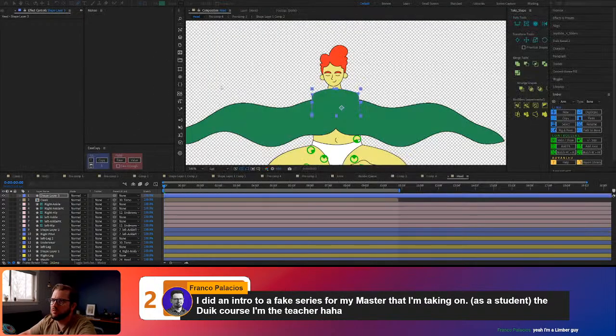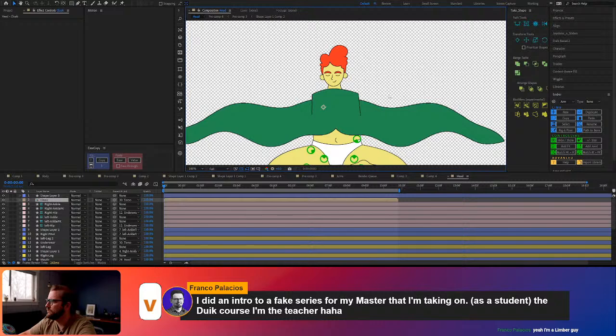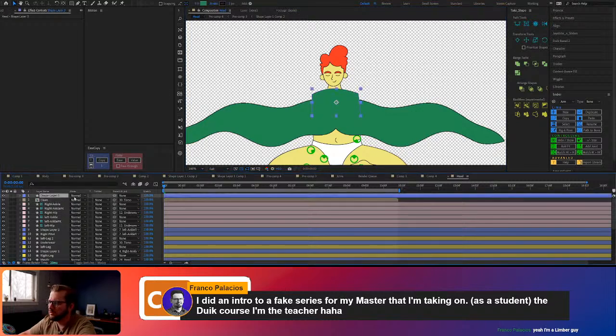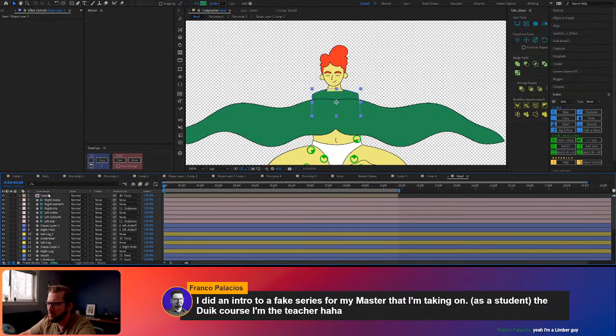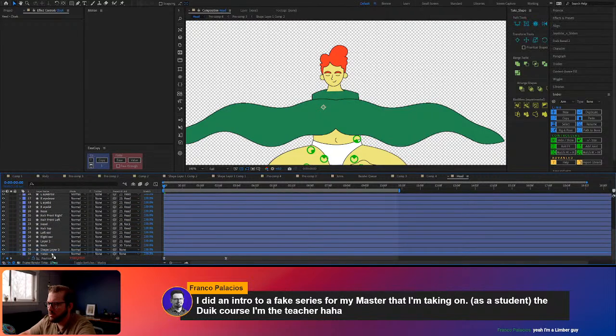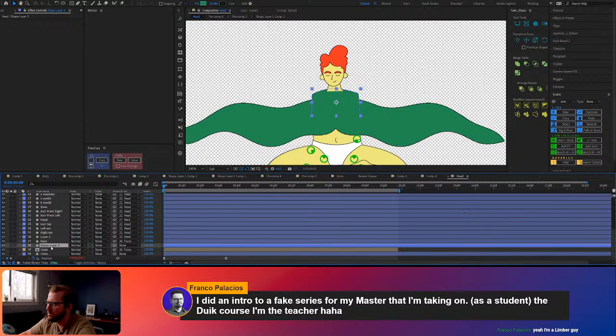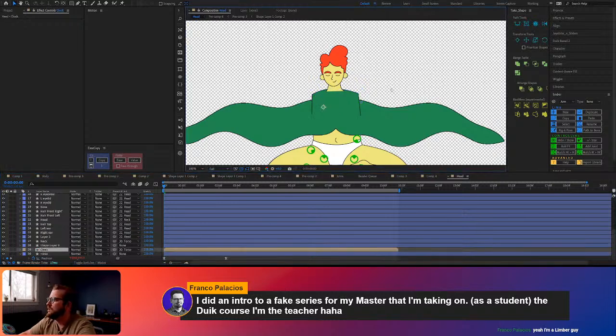Stroke. There we go. So this is going to be the, this needs to be above the torso, and this needs to be, okay. So what we gotta do is we actually need to